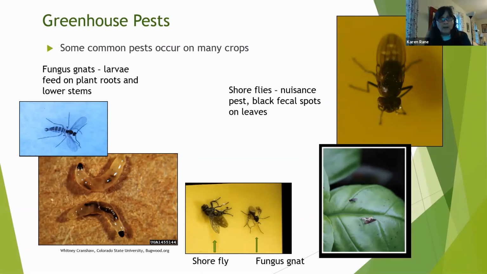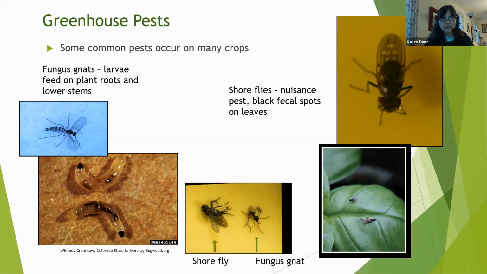Shore flies aren't really feeding on your crop plants, but they tend to be a nuisance pest. They produce little black fecal spots, and they fly up and get in people's way when you see them. So these are two things that you need to be aware of. When you harvest hydroponic growth, you don't want to be including shore flies in your bag with your hydroponic lettuce, for example. Your customers are not going to be happy with that. But I'm just showing you some pictures of what to look for if you may have these issues